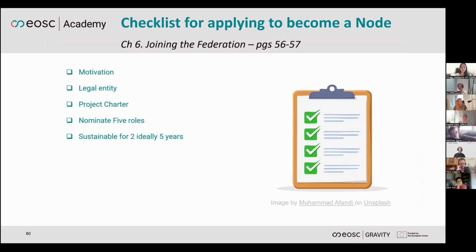Sustainability has been said it should be between 2 and ideally 5 years. I would say 5 years is better because there's a lot of work. We have already been in this process for almost 2 years, and it's a good thing that we were planning to go for the long haul and not just for the 2 years. Service monitoring and management will be a requirement quite soon. And also, you don't have to, but it's always good to be able to also accept